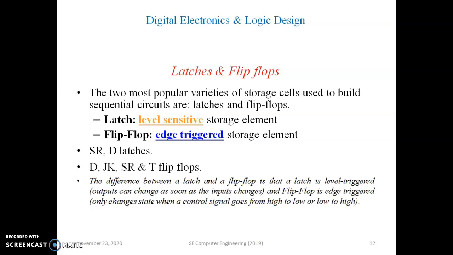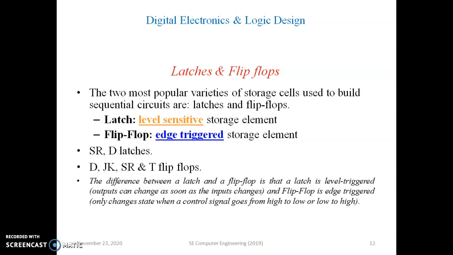Every flip-flop has a truth table and an excitation table in the sequential circuit. A truth table is nothing but finding the output from the input. An excitation table is different: from the present state and next state we find the flip-flop inputs, and that is called the excitation table. So this is the difference between a truth table and an excitation table. All the flip-flops have a truth table and an excitation table, and from the truth table we can find the excitation table also.